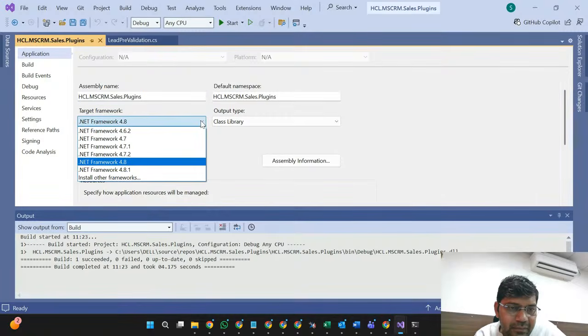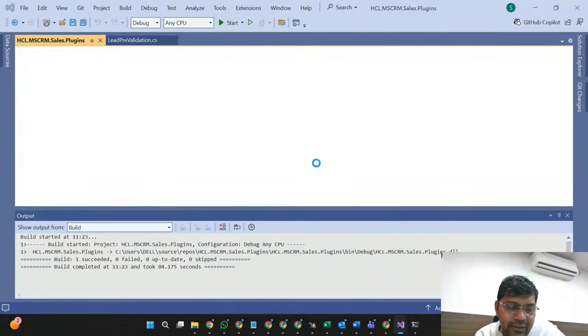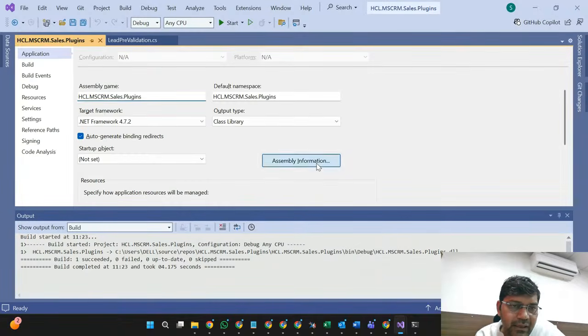Here you should also have an option: your target framework should be 4.7.2 if it is the latest online environment. So there is code compatibility here with your framework. It should be 4.7.2.